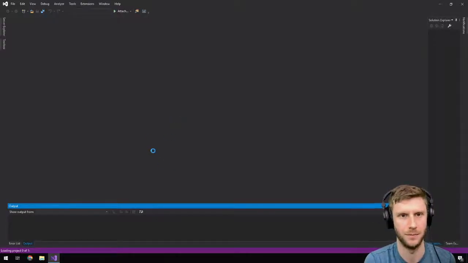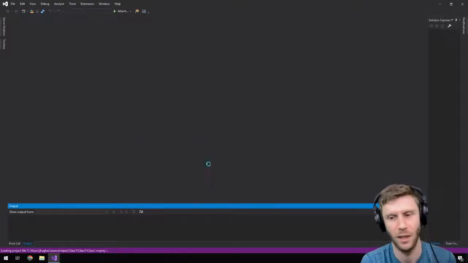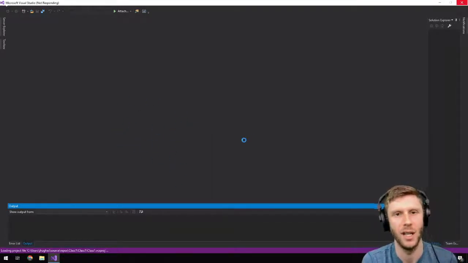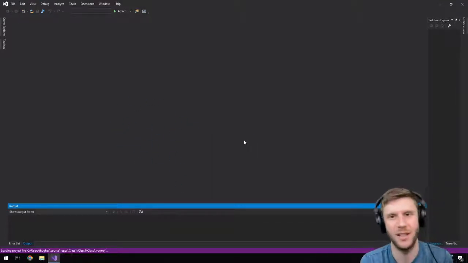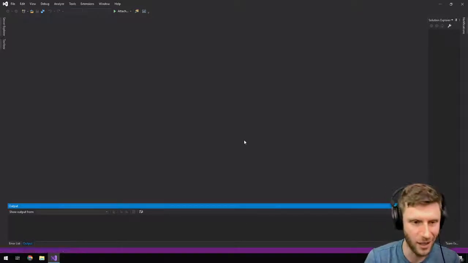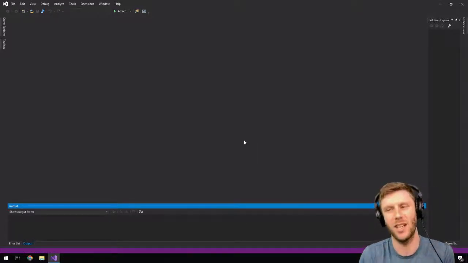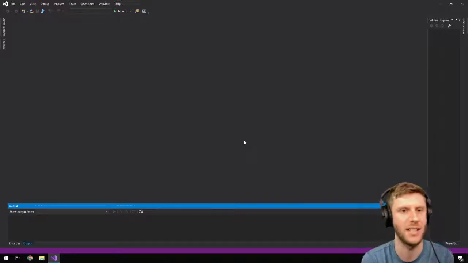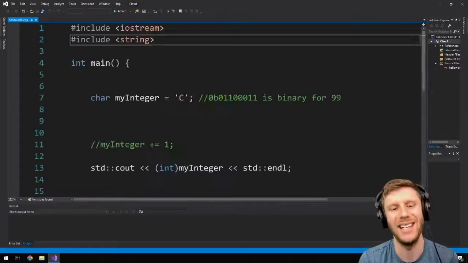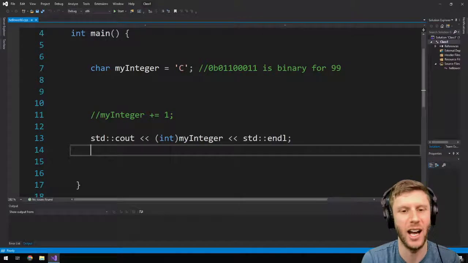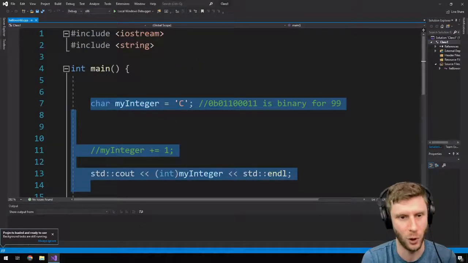Maybe I should have loaded this up. Okay, it's not taking too long. I'll show you an example of this. So the reason I assigned it to 0 at the start, you're right, it wasn't really necessary in this situation, but it is convention and good practice to assign it to 0. And this will make it in line with what we would expect many other programming languages, like the way they